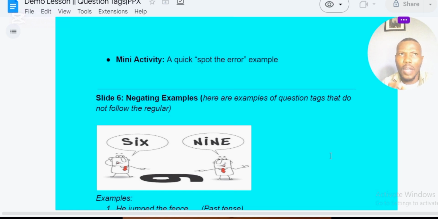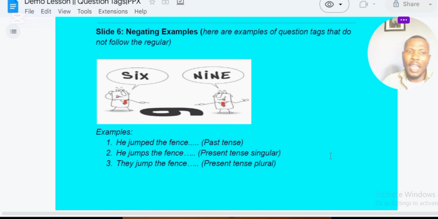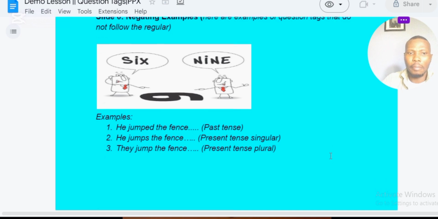If I say "she jumped the fence," you have to look at the verb there, "jumped." That's in past tense. So if you have a past tense verb, it becomes "didn't." So, "she jumped the fence, didn't she?" Did you get that? Because it's in past tense. But if it was something like "he jumps the fence," which is present tense, it becomes "doesn't he" or "doesn't she," depending on who you are discussing. Okay? Now look at the examples I gave you. You can see examples 1, 2, 3. Please read the examples. That's a good one, Jim. Now, do you have any question from there? No? Okay.